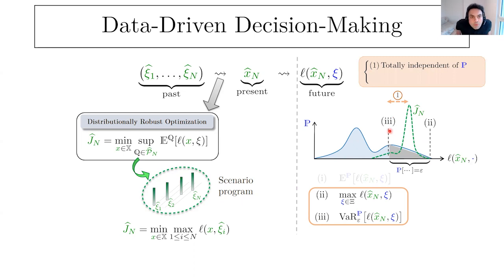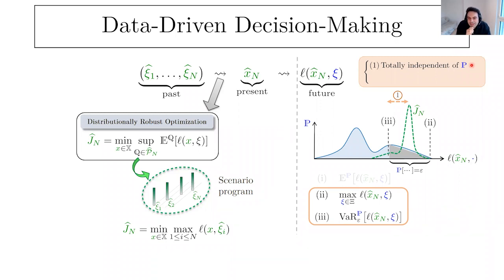And the surprising point of that is that this result is fully independent of the underlying distribution of the samples. To the best of my knowledge, that's the only result in the statistical learning literature that does not depend on any regularity of the probability distribution. All the other concentration results required some sort of tail condition on the distribution, but this one is the only one that does not depend on any regularity on it. So this is a good result. I mean, let's say it's a very attractive result.